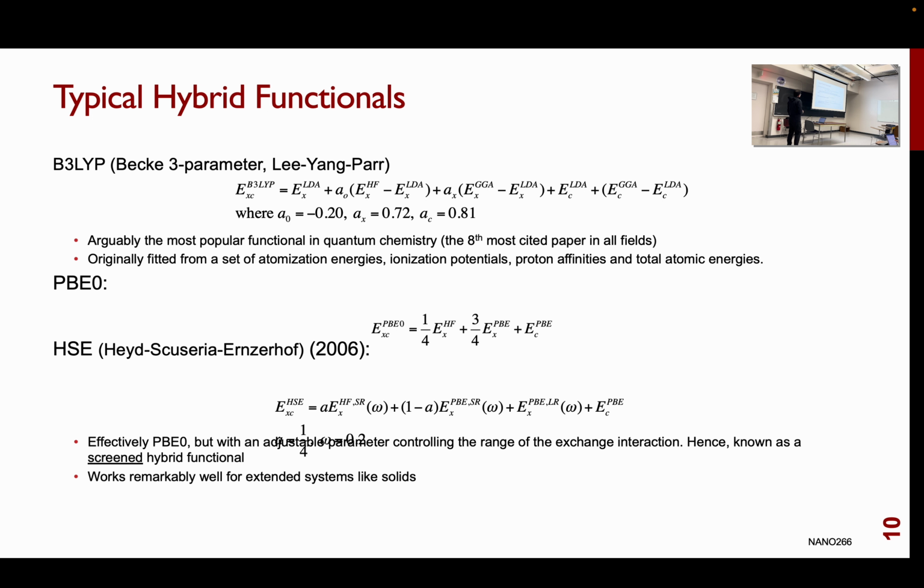Now, there is also a hybrid functional called PBE0. It's a bit confusing, I don't know why they name it PBE0, but PBE0 simply takes the Hartree-Fock exchange energy and adds it to the PBE exchange energy, and you mix it in a ratio of 0.25 to 0.75. The correlation energy still comes from your PBE functional. This is very often used for more accurate solid calculations of things like the electronic structure. But more recently, this has